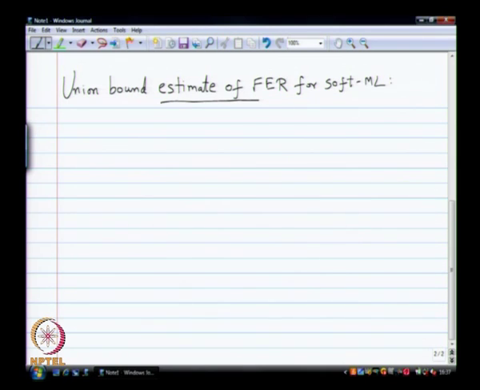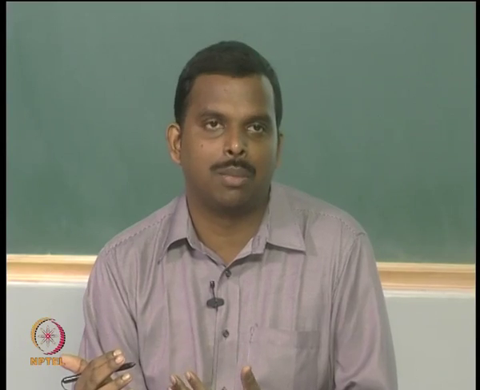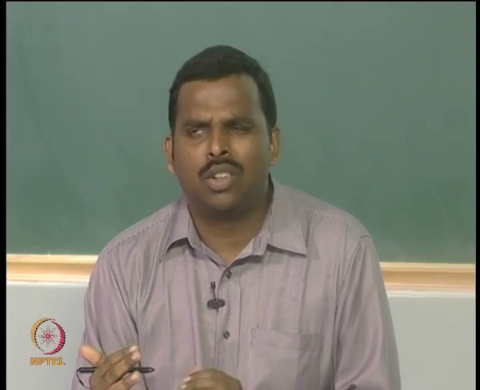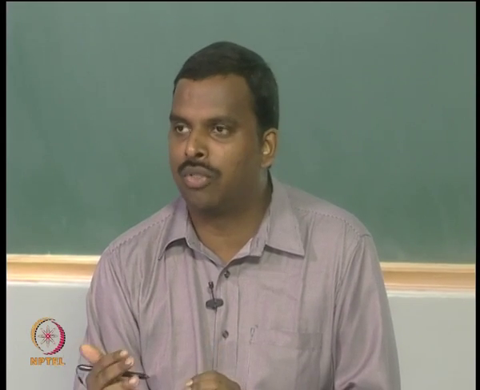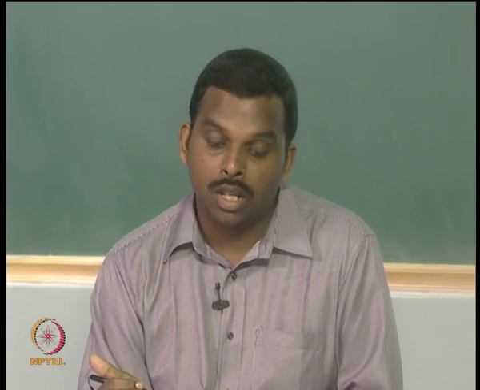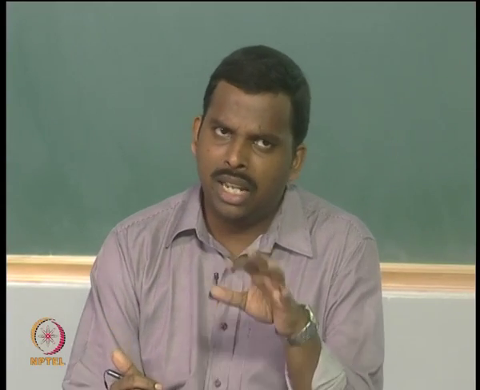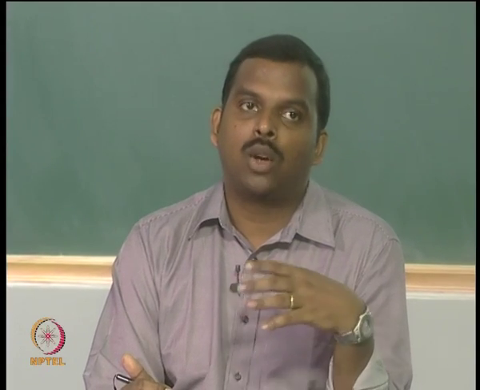Okay. So I was making this statement that ML and MAP decoders are quite complicated and you cannot do accurate analysis. Accurate analysis becomes difficult. For the repetition code it was easy. For other codes there are too many correlations you are computing in soft ML and they are all dependent in a crazy way. You could do it, but it is very difficult to define those regions precisely. This is actually a recurring theme in many areas, not necessarily coding and decoding. Whenever you do soft decoding, accurate estimation of block error probability or frame error rate is very hard. So what most people resort to is some kind of a union bound estimate,